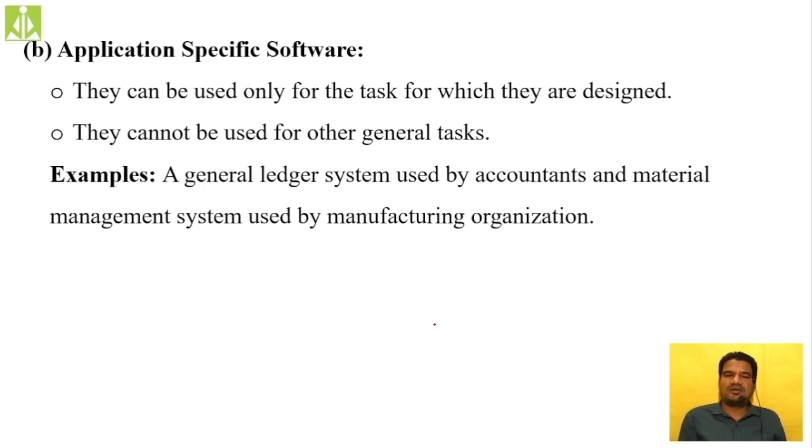So this ledger software is application specific. A lawyer cannot use that ledger system the way he uses MS Word. If you give that ledger software to a lawyer who is going to work in a court, it is of no use to him. Or if you give that ledger system to a mechanical engineer, it is of no use to him. Whereas if you give the Microsoft Word application, both the lawyer as well as the mechanical engineer will utilize MS Word in his domain. So just to understand the difference between the ledger system and general purpose and application specific software, I'm giving this example.